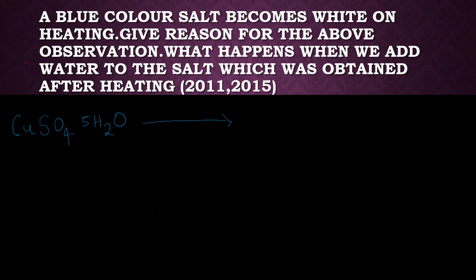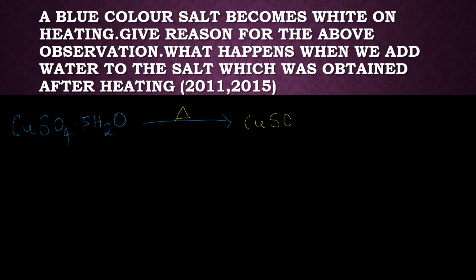Fine. Now what can we do here? Now it has been subjected to heating. This is a representation of the heat symbol. It is a representation of heating. Now what will happen if this compound is subjected to heat? Actually, this is blue color, right? Normally it is called blue vitriol. This compound is also called blue vitriol. Now, what will happen if this compound is subjected to heat? Fine. Now what will happen to this compound? We have to write